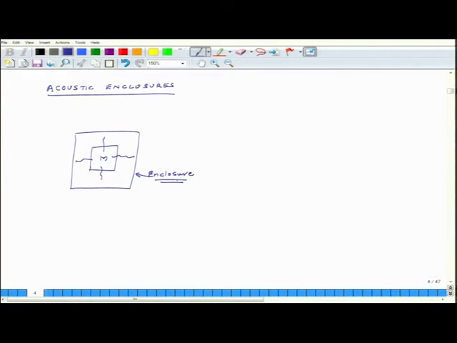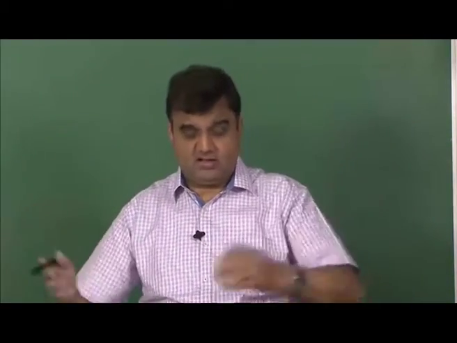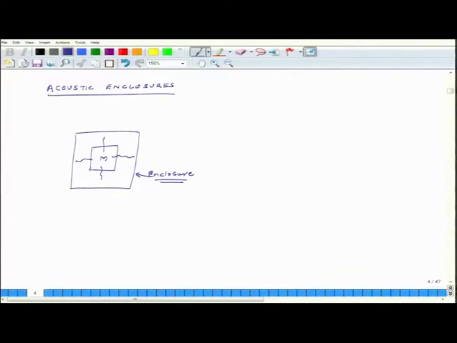Okay. You can enclose this machine in a covering. This covering may have some holes, may not have some holes, it all depends on what kind of needs there are. But if you encase it in an enclosure, the amount of noise which will leak out to the outside will be only through this. If it is a perfect enclosure with no openings, then only vibroacoustic noise will be able to get out.